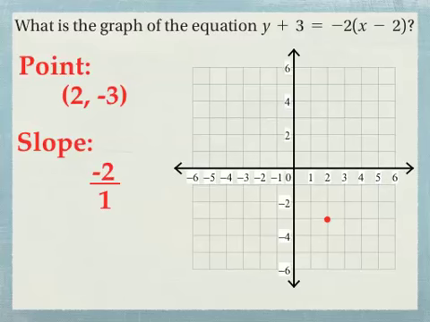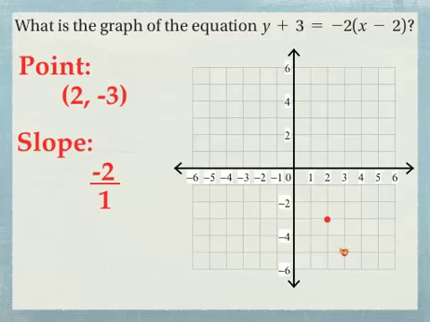So in this case, I have my point at (2, -3), and then from that point that I've already plotted, I need to count the slope -2 over 1. -2 over 1 means I need to go down 2 and to the right 1. So from the point (2, -3), I need to move down 2 units and to the right 1 unit and